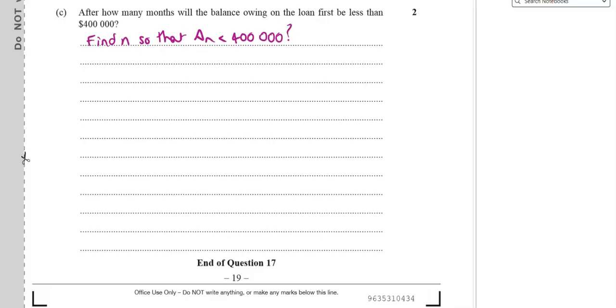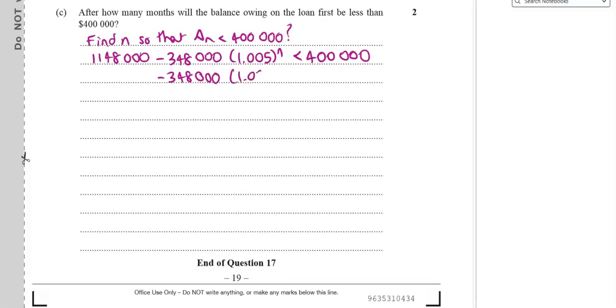Okay, so we have an expression for A_N, so let's use that. 1,148,000 less 348,000 times 1.005 to the N needs to be less than 400,000. Right, so we can just deal with that constant. Minus 348,000 times 1.005 to the N has got to be less than 400 minus 1148, which is negative